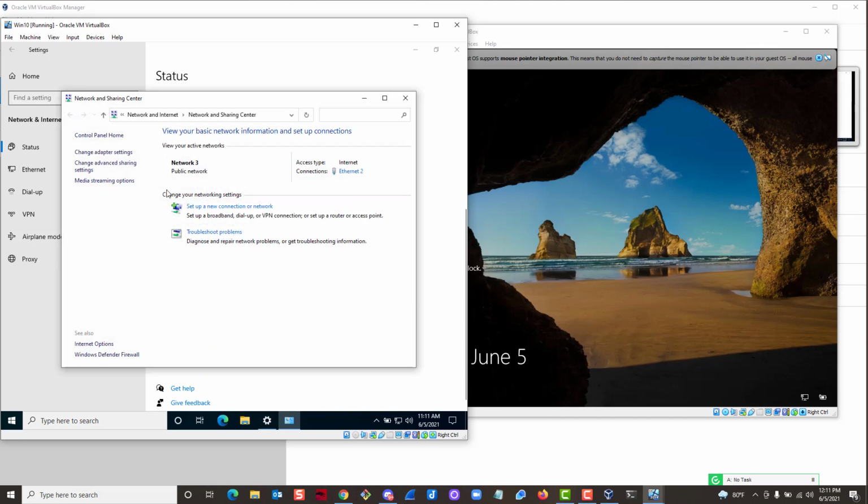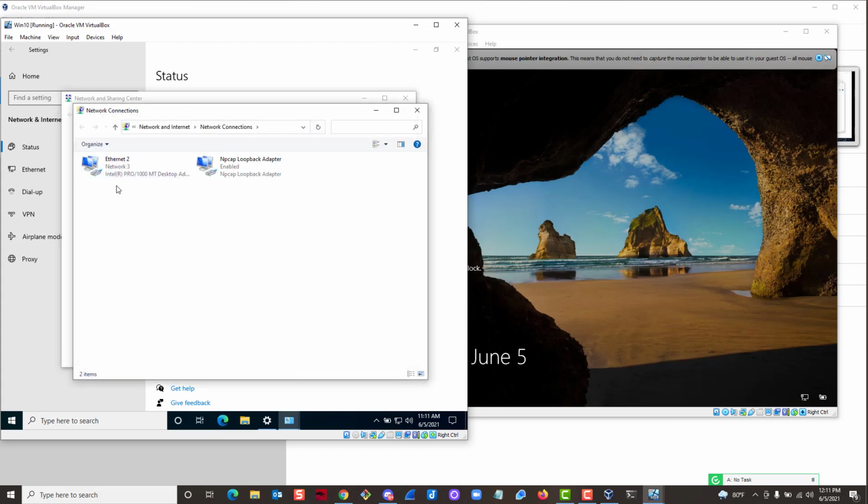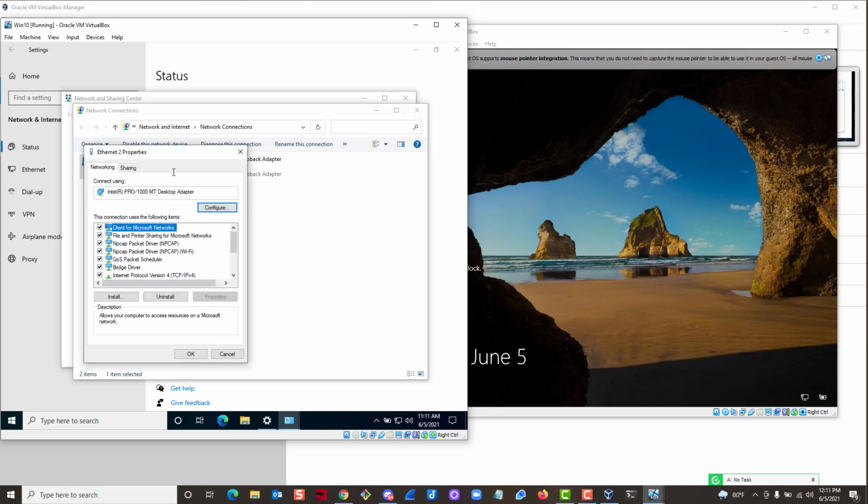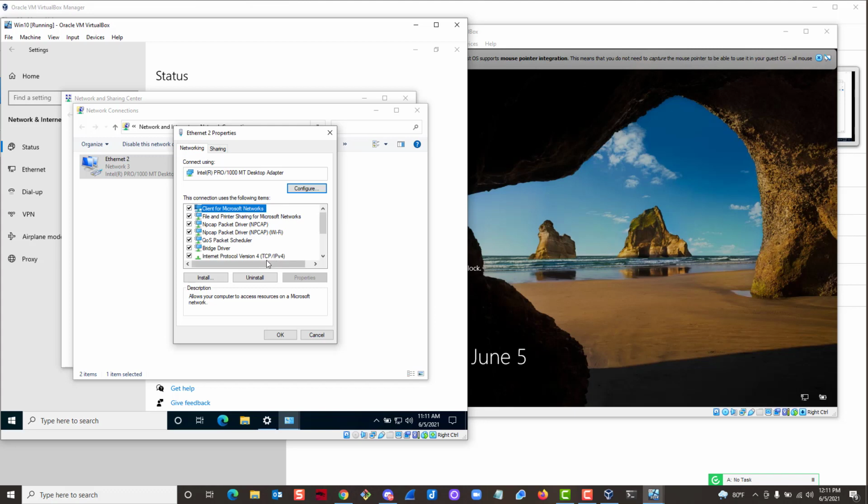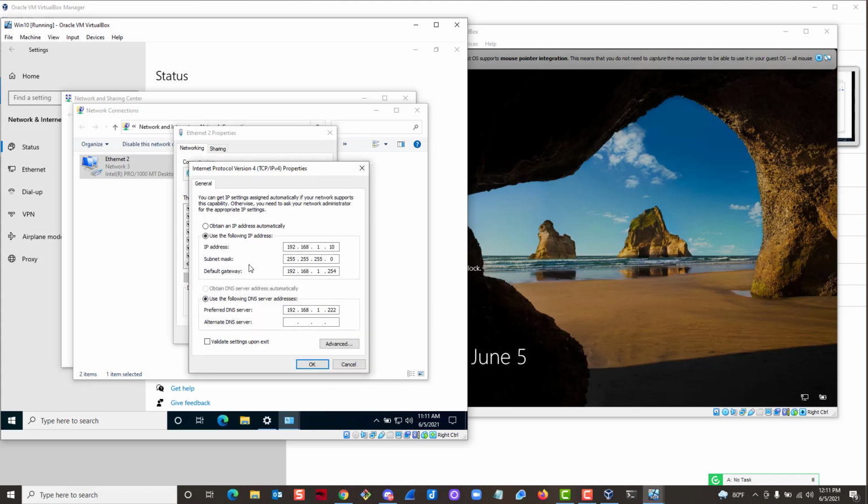Open that up, then click on change adapter settings. Then you'll see where it says Ethernet 2. I want you to select that, right click on it again, go to properties, and then select IPv4, go to properties again, and technically it should have said obtain your IP address automatically, but for